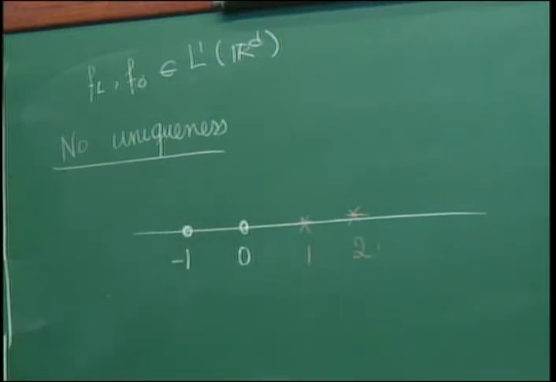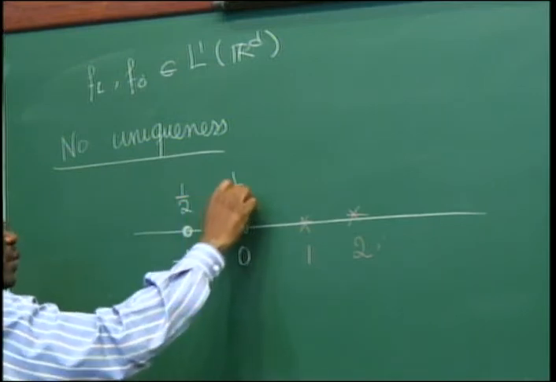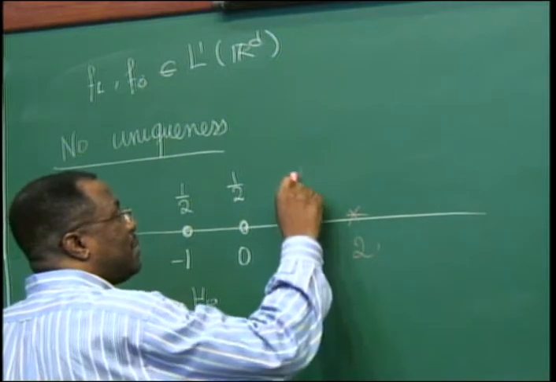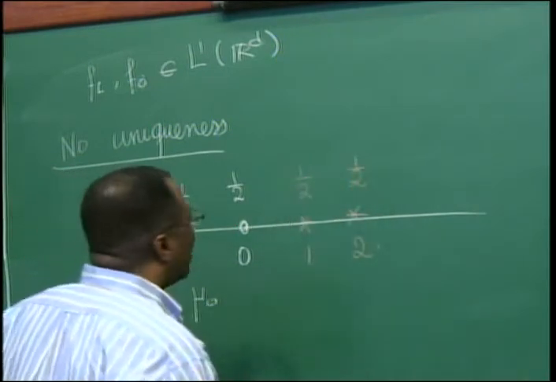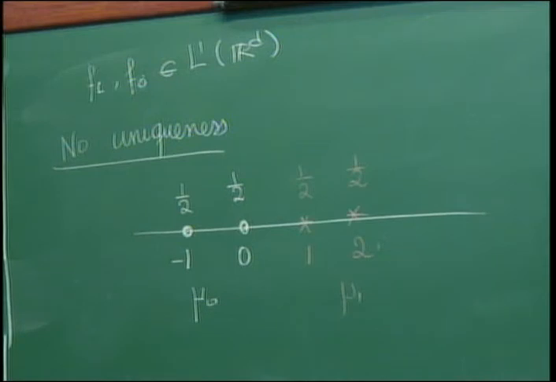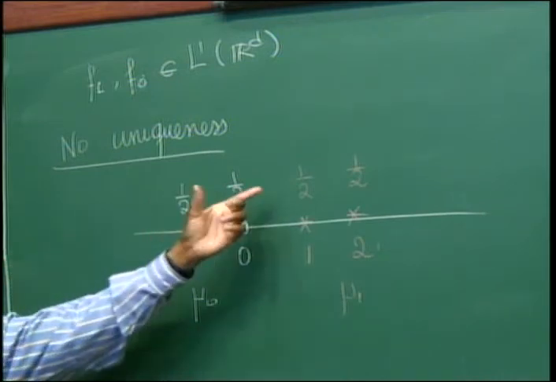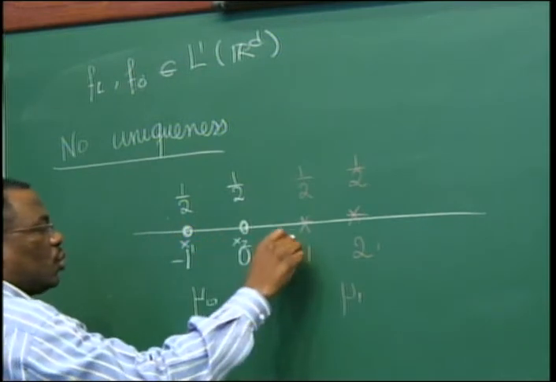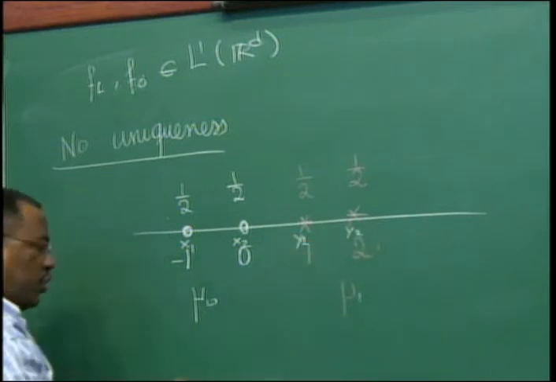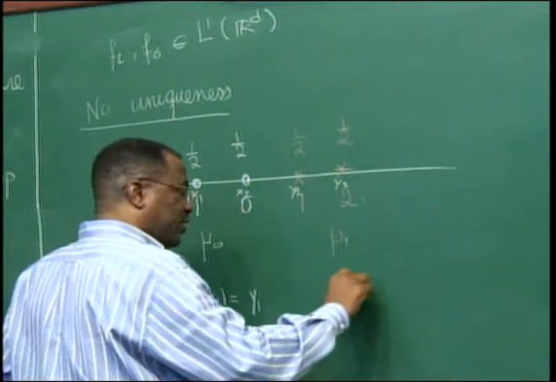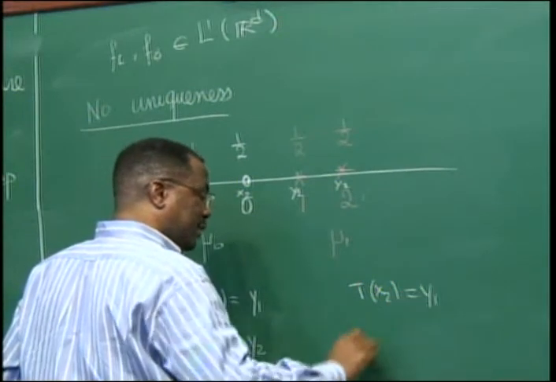So I have some mass, 1/2 at -1, 1/2 at 0, and I have some mass 1/2 at 1 and 1/2 at 2. There are only two strategies. So I call these S1, S2, Y1, Y2. The first strategy is T of S1 equal to Y1, T of S2 is Y2. The second strategy is T of S2 is Y1, T of S1